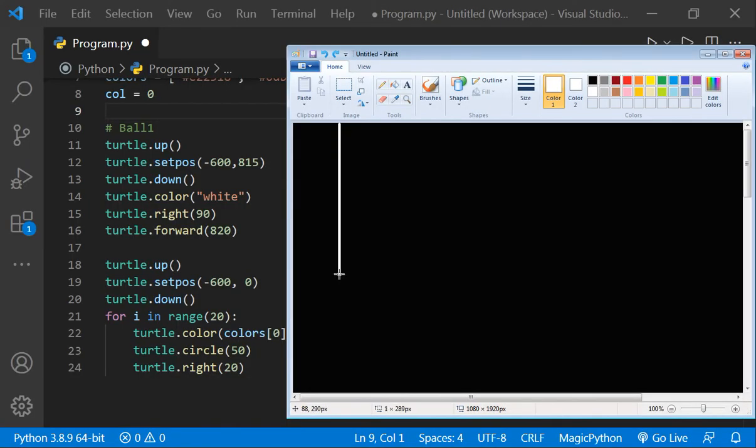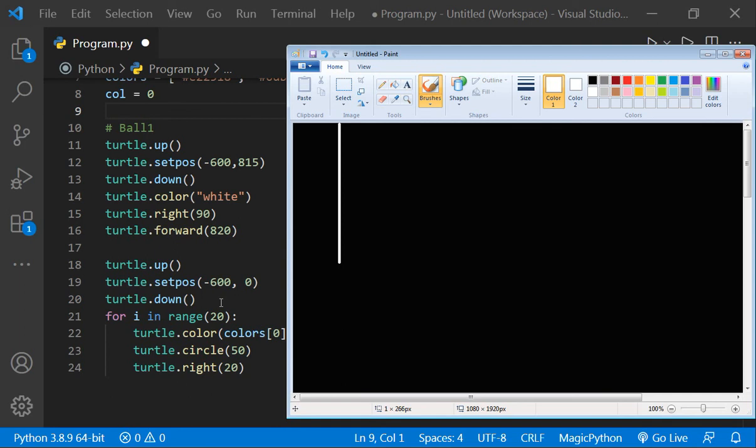Okay. It will draw a straight line, something like until here. Okay. So this is our line. After that we have written turtle dot up. Why have I written turtle dot up? As I told you before, it is used to take the cursor up so that it doesn't scribble on our window when we are setting its position.